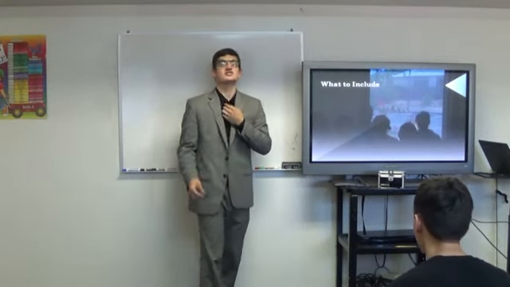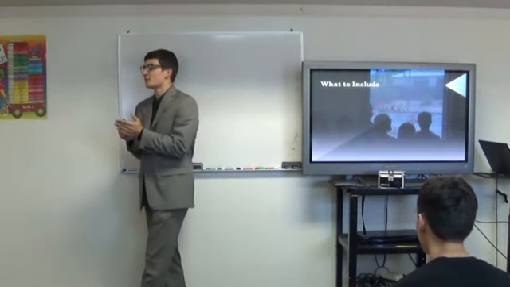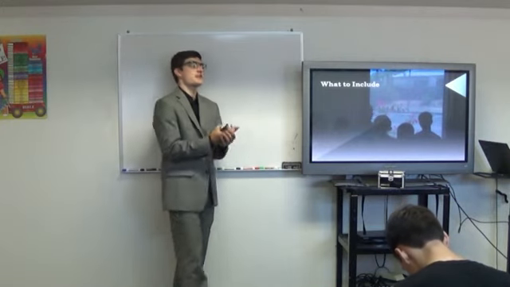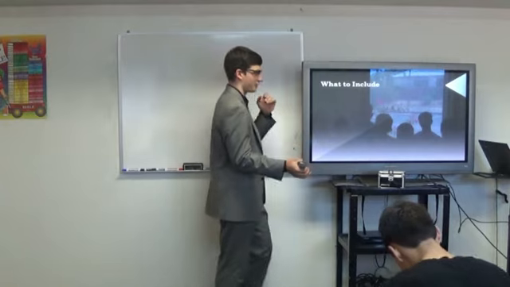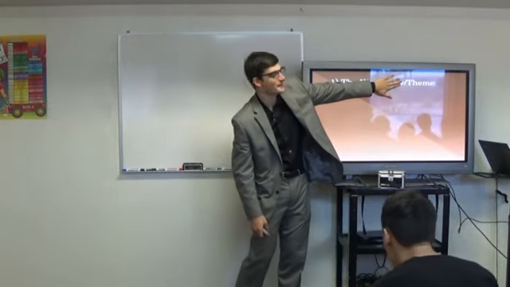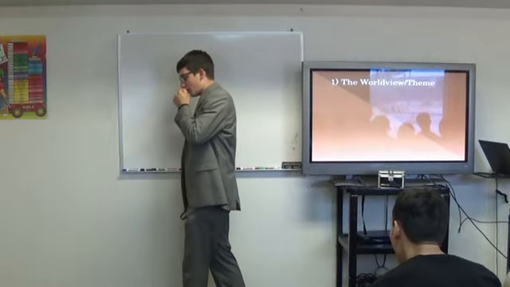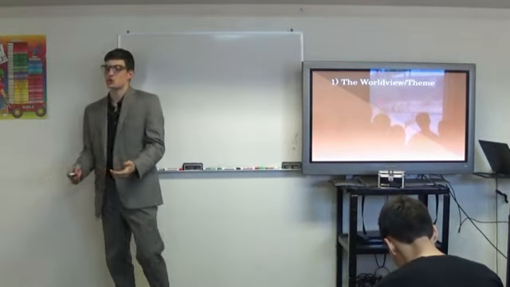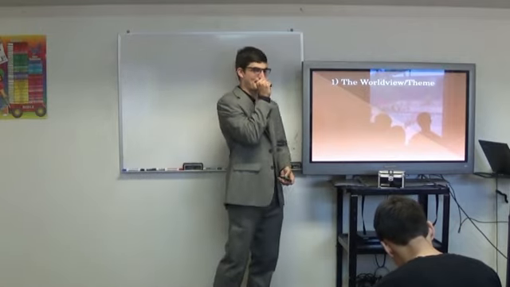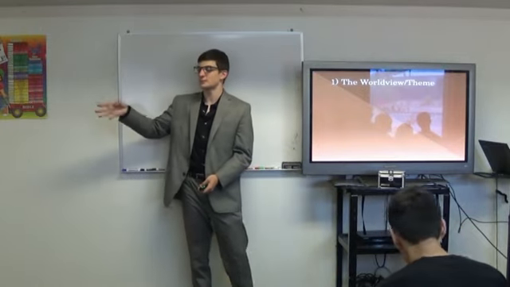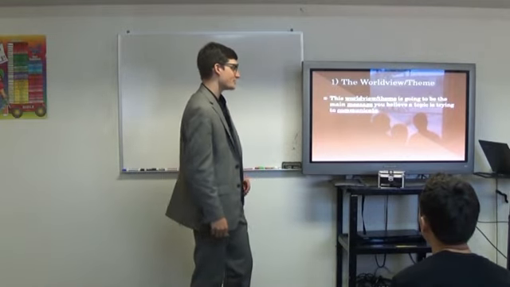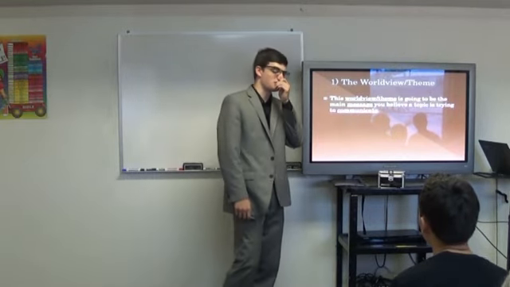Now there are 6 main sections that I like to include in all of my Mars Hill cards. These 6 sections, I think, give you enough information without making it too much information. The first thing you want to do is you want to have the theme. The theme is going to be the focus of your speech, so you want to make sure you have it outlined. You also want to make sure that you know what your theme is going to be before you get into a round, because all of your quotes, all of your scriptures are going to apply into that theme. This theme is going to be the main message you believe our topic is trying to communicate.